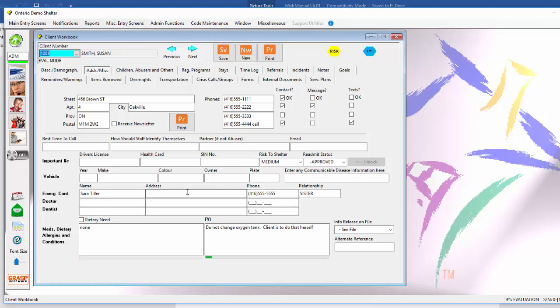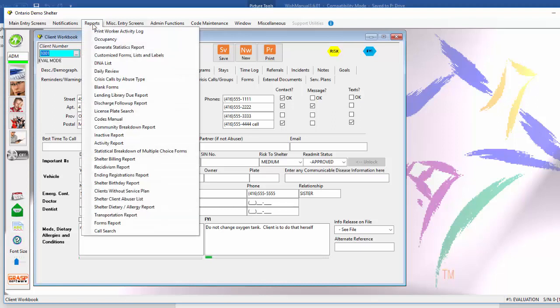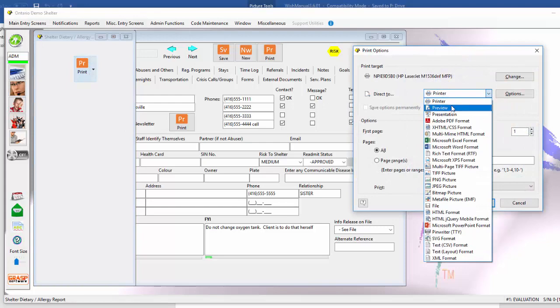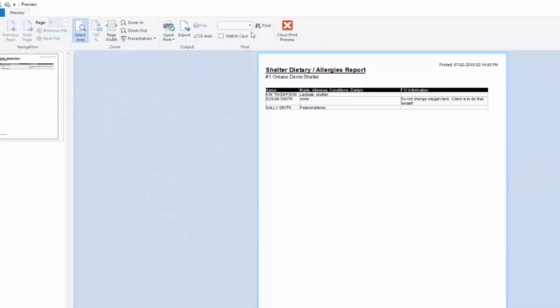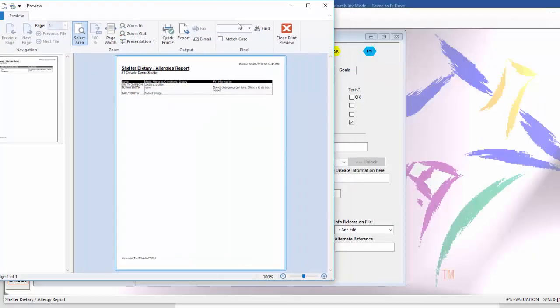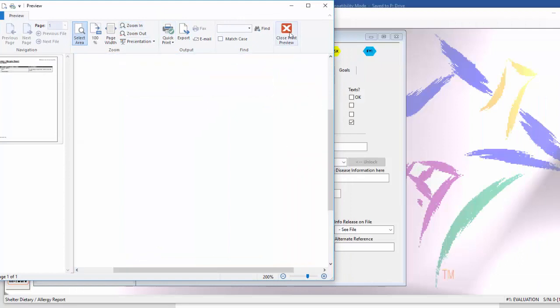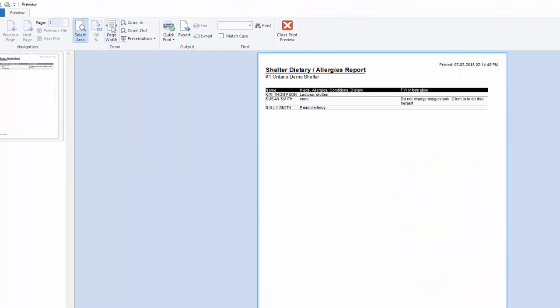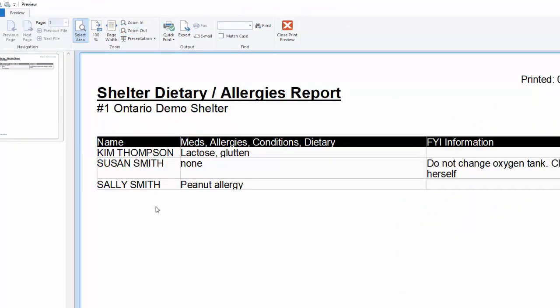That's tied in to one other new thing that we've added, and that is a sheltered dietary and allergy report. So if you were to click down here and print that information, this prints a list of, let me see if I can make this a bit bigger, okay. So this prints a list of anybody who's staying in the shelter, and if they have an FYI showing up,